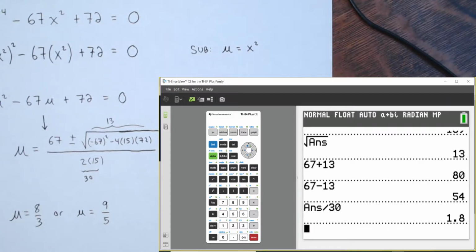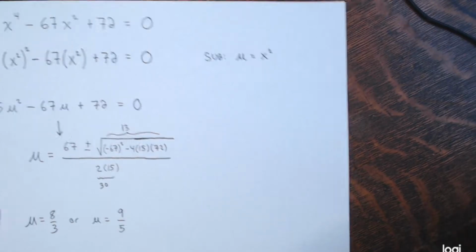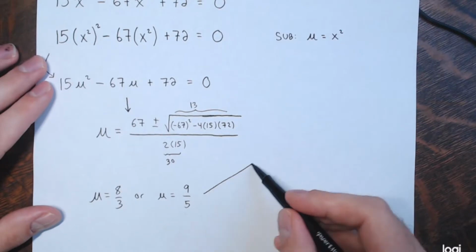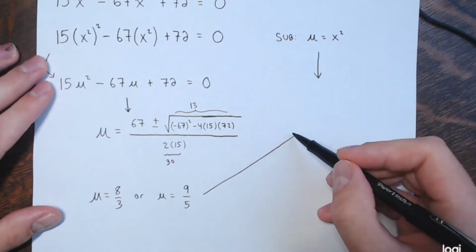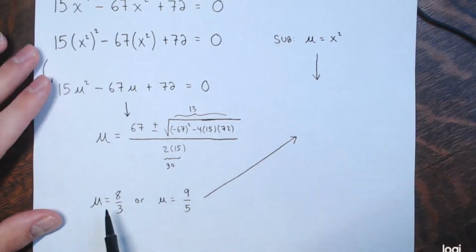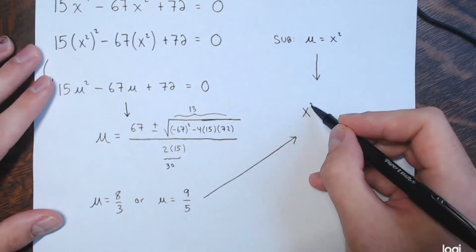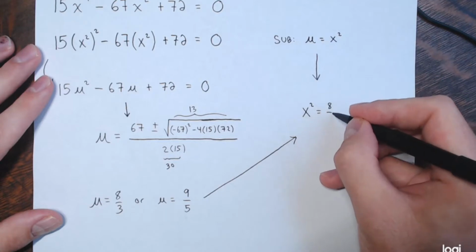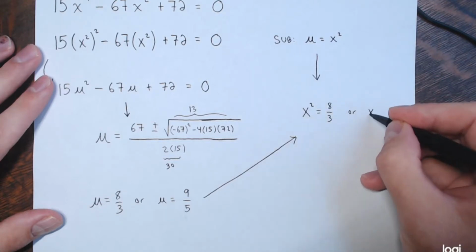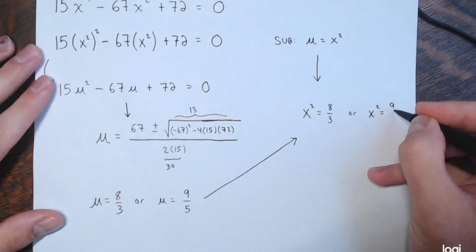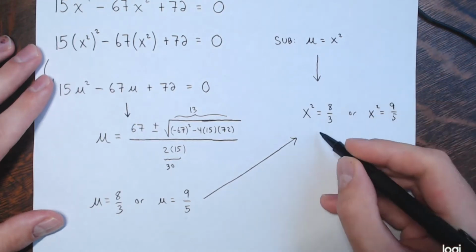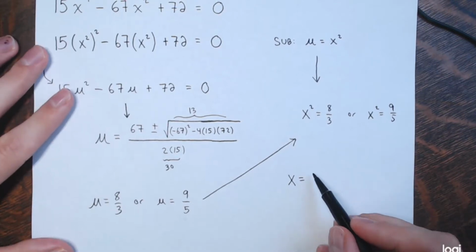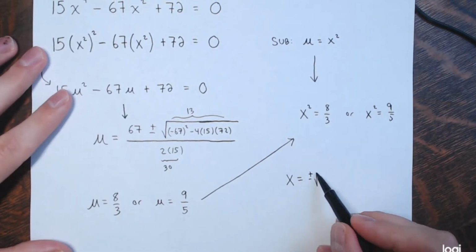But I don't want solutions to this quadratic. I want to go back and solve for x. So using what I substituted, u is represented by x squared. So x squared equals 8 thirds, or x squared equals 9 fifths. Then from the square root property, you get x equals plus or minus the square root of 8 thirds,